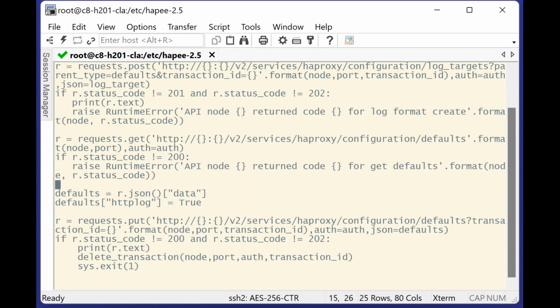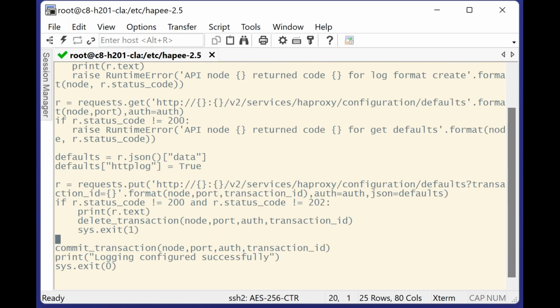The same basic pattern is also used if you want to change the global section, because the global section similarly has a list of parameters for everything in the global section. So if you want to change the SSL defaults, for example, that would be done via something like this, just with global instead of configuration defaults. And finally, once that's completed, we have done everything that is required with the defaults changed,